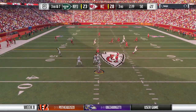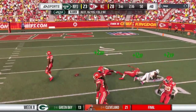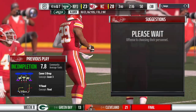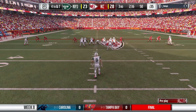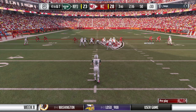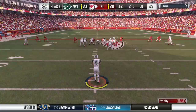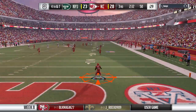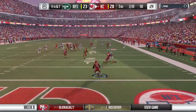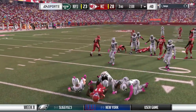Now Luck. And he couldn't hang on to it through the contact. Incomplete. One of the toughest things about playing defensive back is pattern reading, trying to figure out what they're doing. And on that one, they had the fly, just sending a guy downfield with the in route accompanying it. What people call a dagger route, trying to hit the guy underneath after the clear out. In this case, though, they're not able to get it done. Yeah, they said forget the underneath route. They went for the